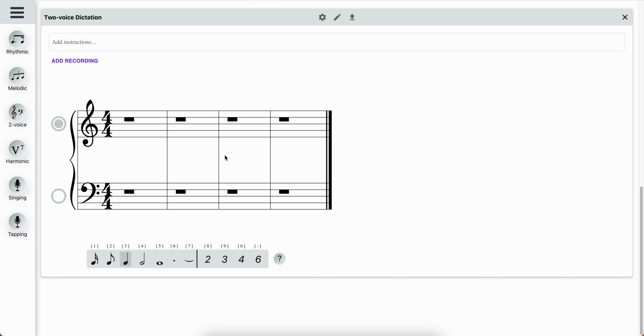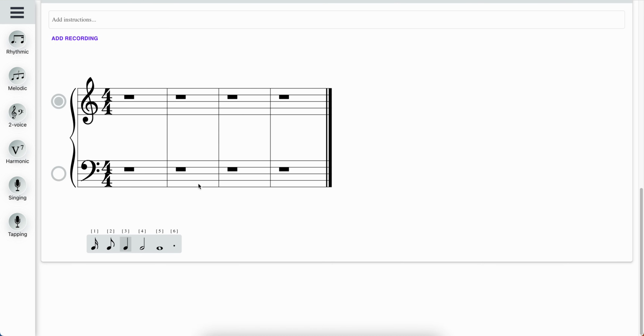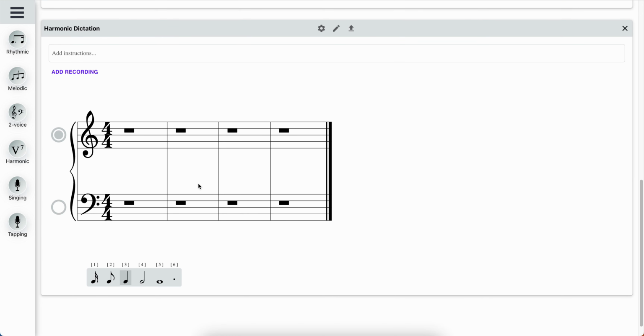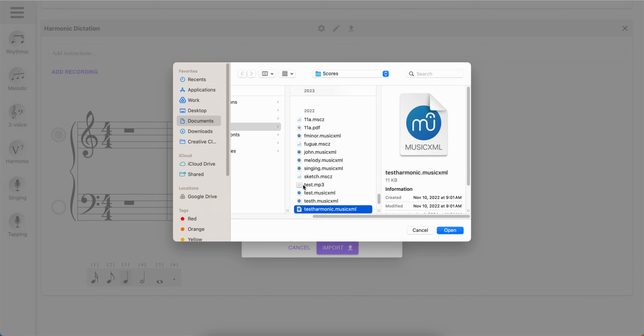2-voice is exactly the same as melodic. There's just 2 staffs, so there's a button here to tell which staff you're working on. Other than that, it's the same thing. Harmonic is like 2-voice, but you get Roman numerals underneath it. So in terms of functionality, the one thing about harmonic is that it's actually much easier to upload an XML file rather than going through